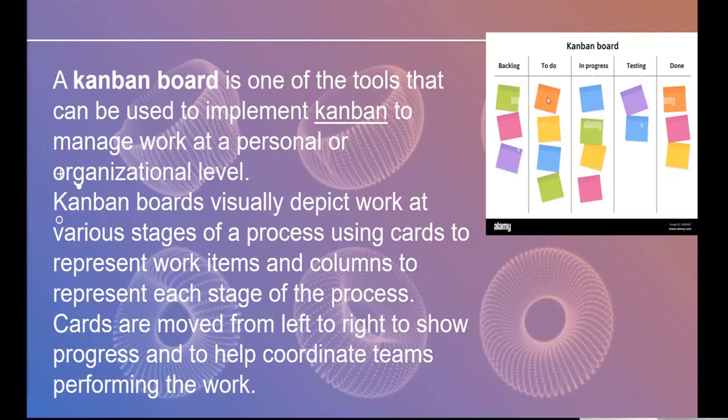So each team, when they are done, puts the card in the next column, and the next team works on that. In that way, each individual team can see what the other teams are doing, and anyone who wants to know what task is in progress or not can see it. And sponsors,